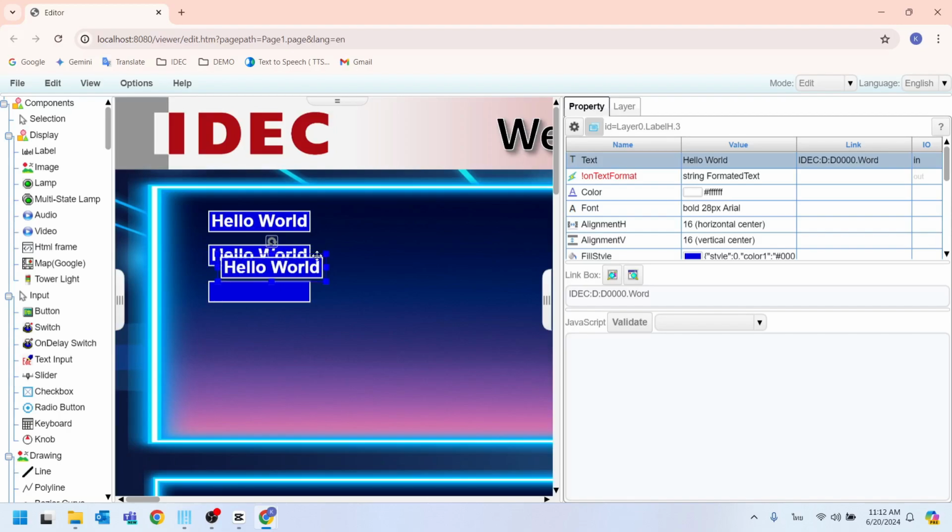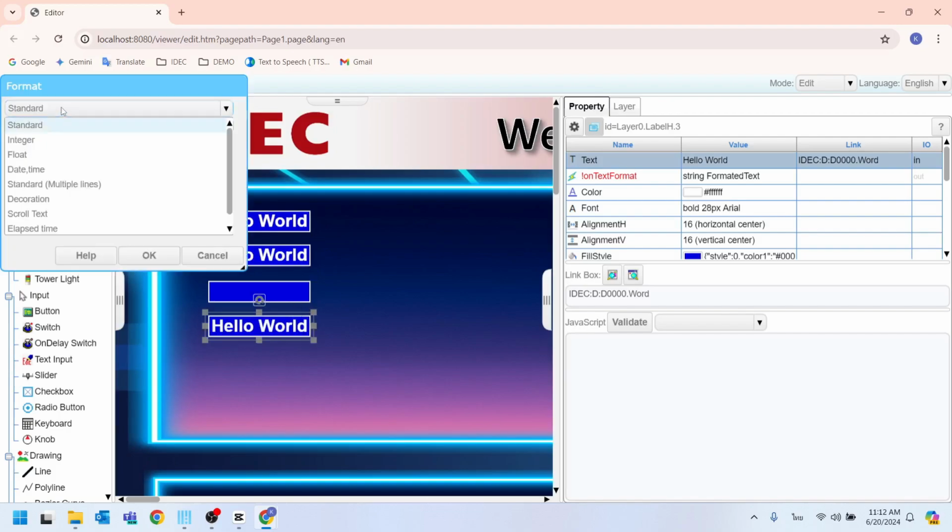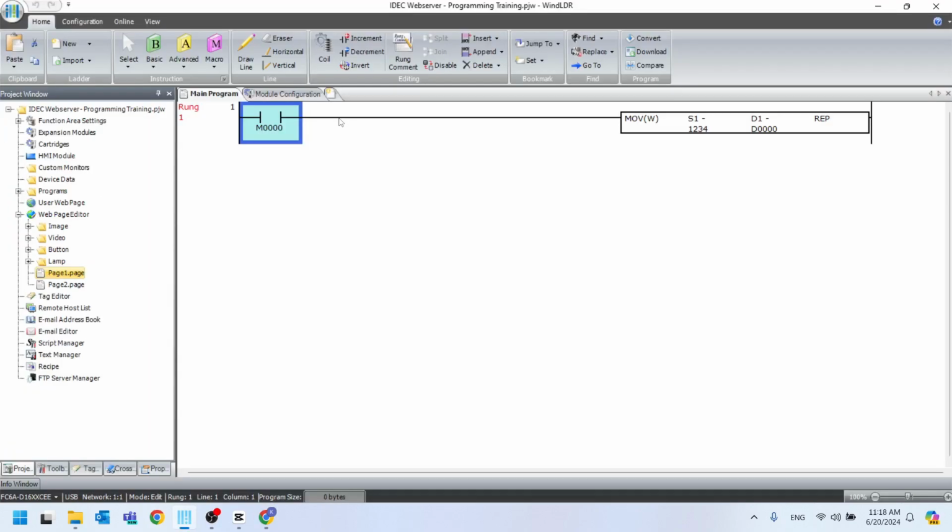3.2 Float settings. Copy another label and then double-click to enter the settings. You will be able to set the decimal places. Back in the WinBuilder software, write a program to move float values to D2.